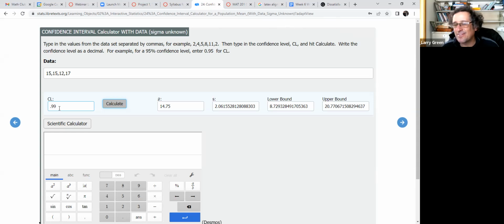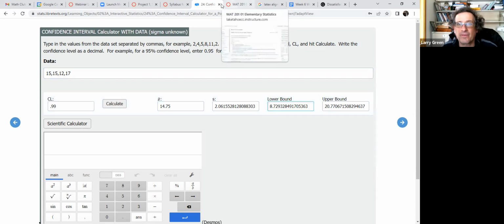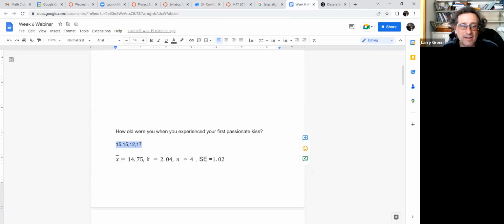So again, you have to decide what's going to work for the amount of time and money you have, how willing you are to be wrong, because that's what this confidence level is, and what kind of bounds you need. Okay, what margin of error do you need? Any questions on this? Okay, so now let's go and I want to interpret